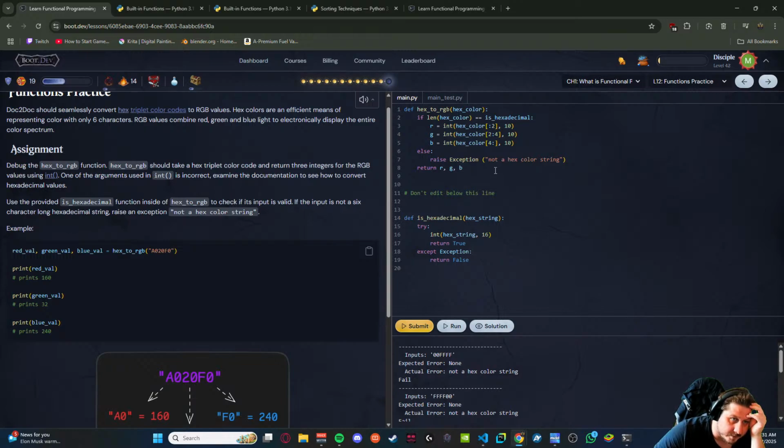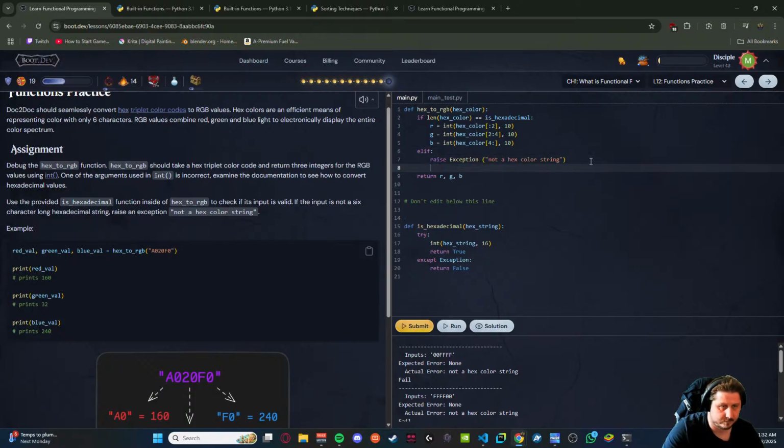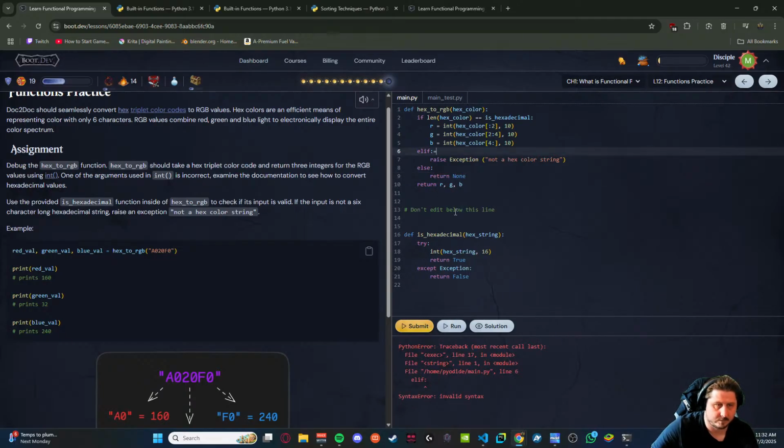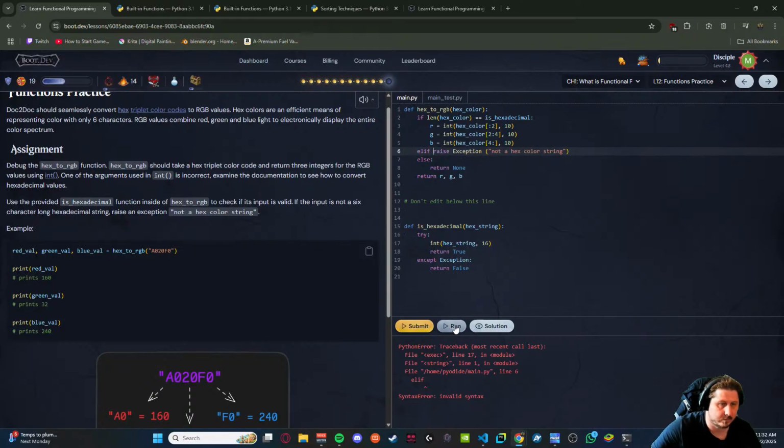Expected error none. What's wrong with raise?